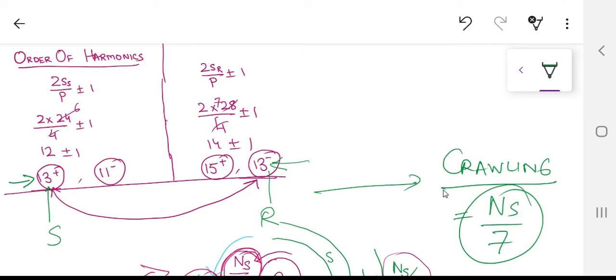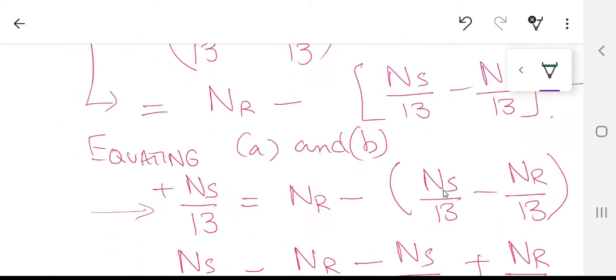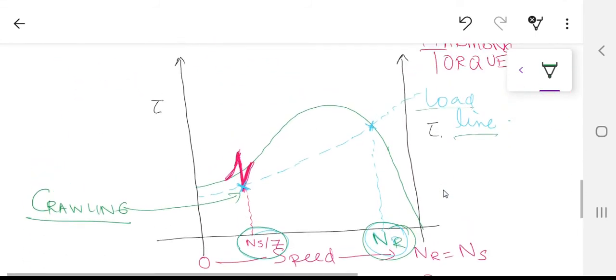So this is telling you that because of the harmonics, and these harmonics are because of the slotting inside the machine, you are having ns by 7 speed. So the torque slip curve is actually changed in this one. Instead of having this curve, the curve is now something like this. It can be more sharp on this. I have drawn this one a little bit going on, otherwise it's going to be just a straight line over there.